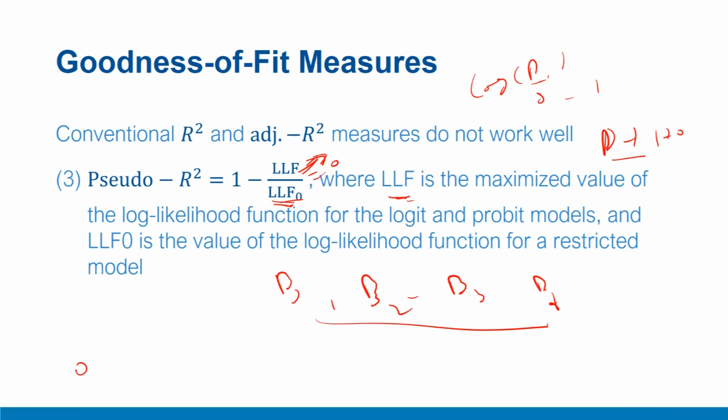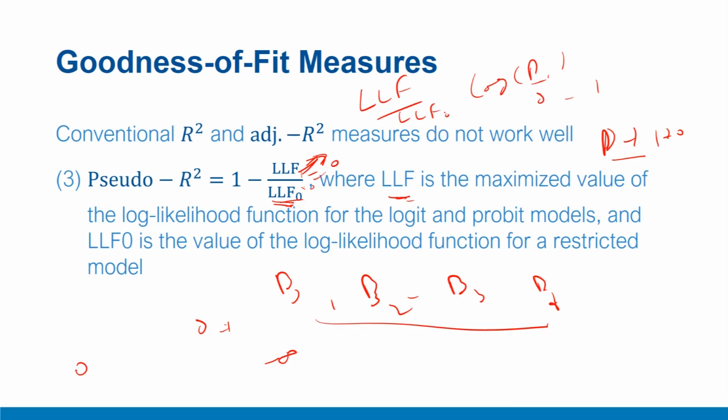However, because your LLF naught is very poor, this value will be very close to 0, assuming that relatively it is very poor. It will be much closer to 0, and therefore the log of this number will approach minus infinity. If this value as LLF naught approaches 0, this value will approach minus infinity, and therefore the ratio will approach 0. While these were limiting cases, you can imagine